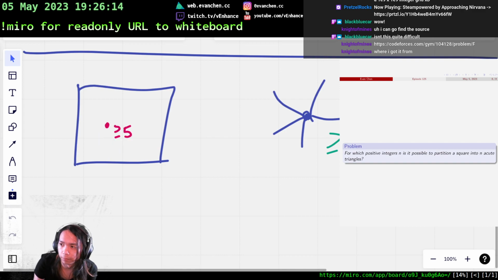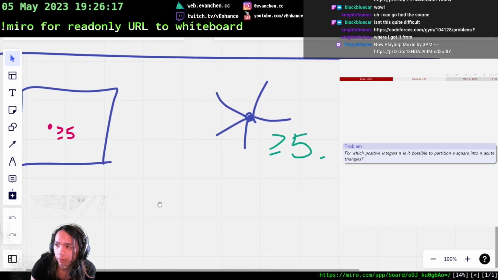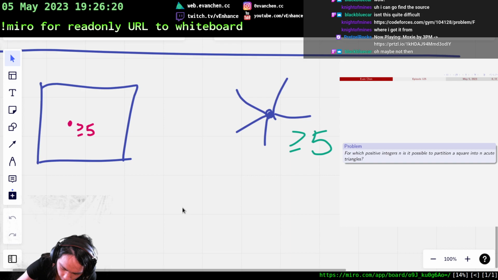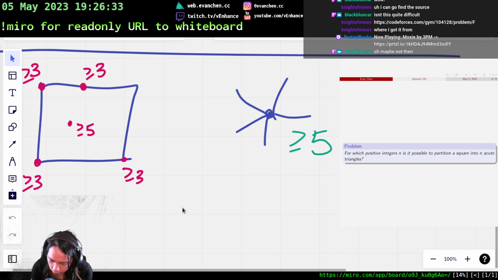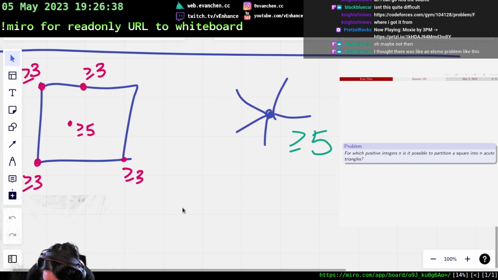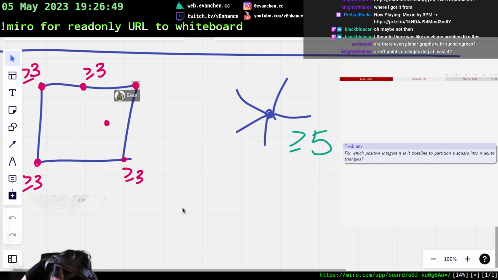And move everything over a little. And then, I mean, you need at least, I guess... We're gonna count the edges of the square inside this section, right? So all of these need to have degree at least 3. Actually, same for anything that's on here, all of these are at least 3. So in a graph that looks like this, the degrees are going to be pretty high, I think. But it shouldn't be impossible. If I do something like this,